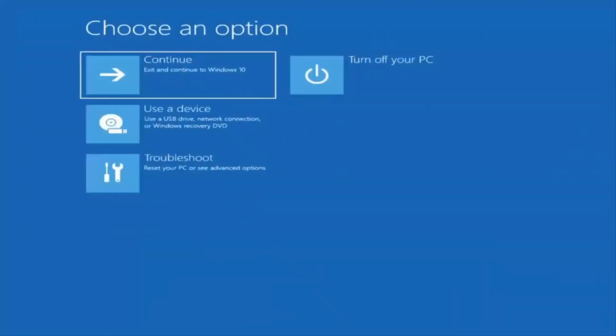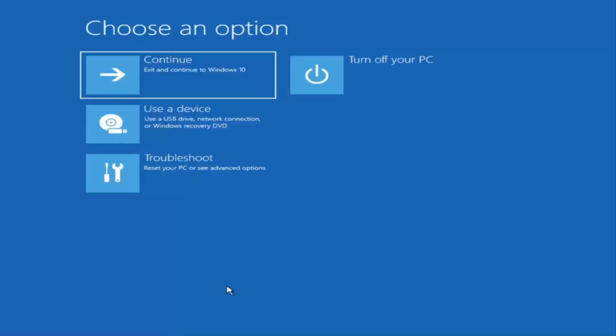First thing I'd recommend doing would be to boot to the troubleshooting utility on Windows 11. If you do a hard power off 3 times in a row, Windows should automatically attempt to launch the startup repair utility. And if it doesn't find anything, it will give you the option to select advanced settings, in which case it will take you to a screen that looks like this. Now, if it does not take you to a screen that looks like this, or you're unable to get to that,